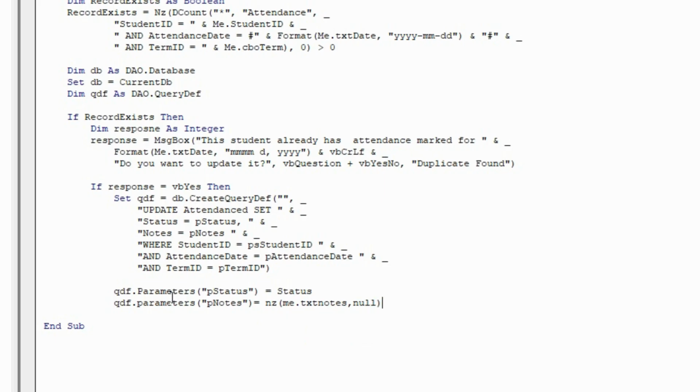It's not the time that you should add note. It is optional. That's why we are adding the Nz. So in case the user does not enter anything in the note, it doesn't return an error. That is it. The next one, kodf.parameters